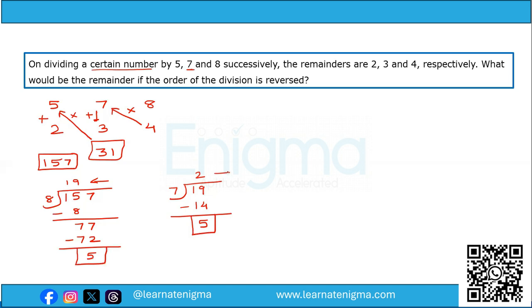Now we divide this quotient 2 by the next divisor, that is 5. So 2 divided by 5. So 5 into 0 is 0. So the remainder is 2. So now the remainders are, we can say 5, 5,